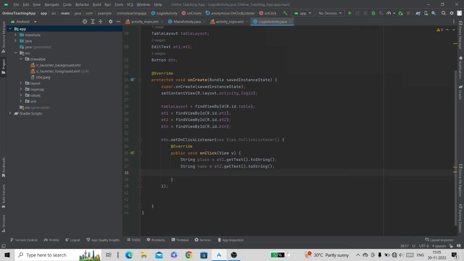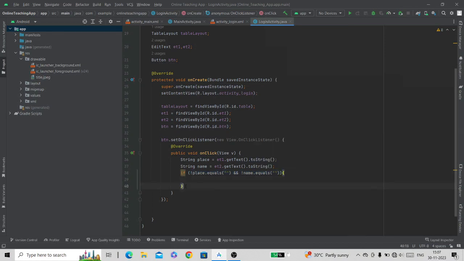Now we will check that our inputs are blank or not. For that we will use an if condition, and inside this if condition we will check the strings are empty or not. Here inside this if condition we are checking that the place string and name string are not empty.